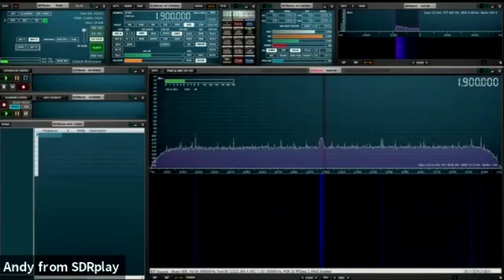It's got lots of features in it to do some really cool things with audio, AGC, and you've got notch filters and wideband noise cancellation. It's got a ton of features. But if you just want to tune to a frequency, it's very dead easy to do that. And like I said, we've got lots of